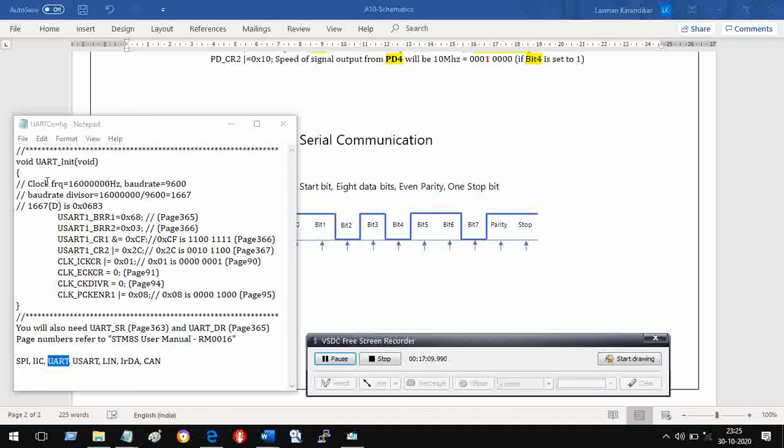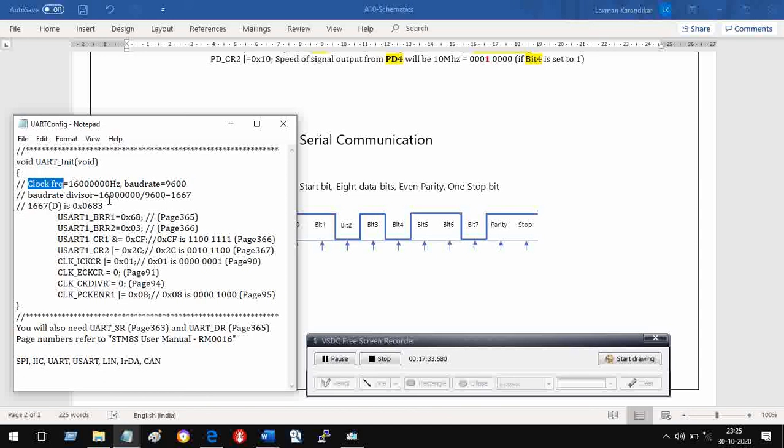You have seen the clock frequency. It is 16 megahertz, that is 16 followed by 6 zeros, and the baud rate is 9600. With what number should I divide the clock frequency so that I get 9600?